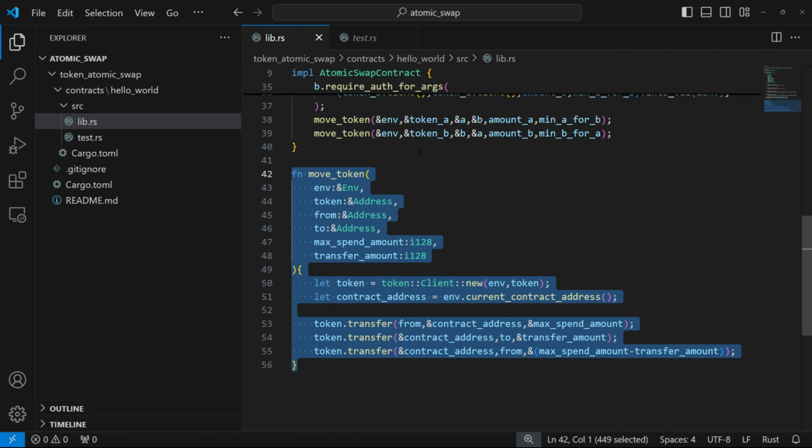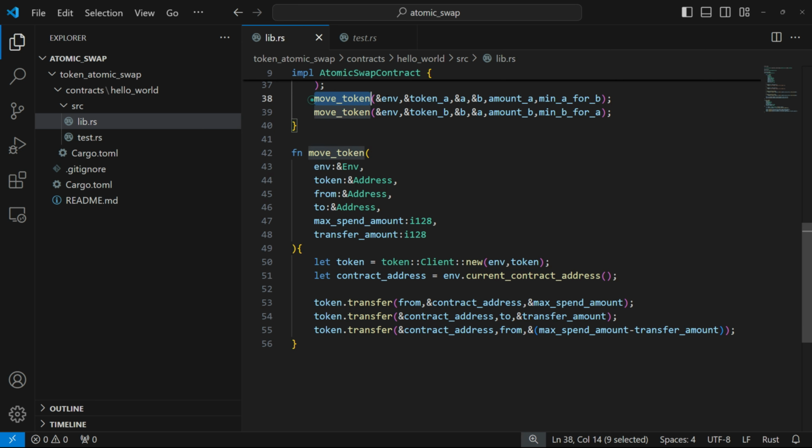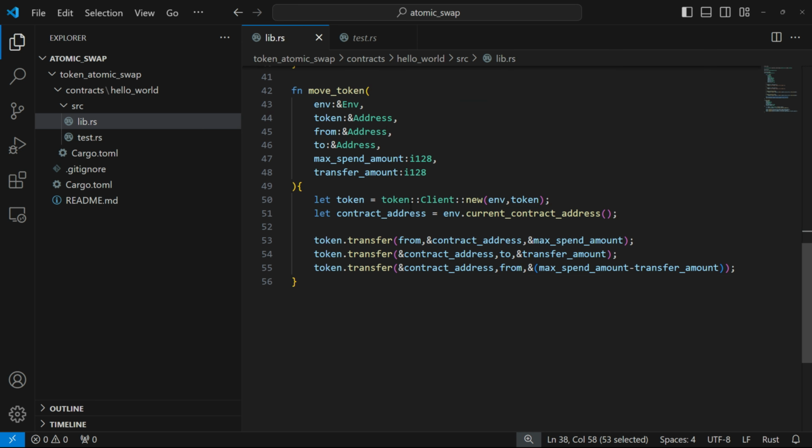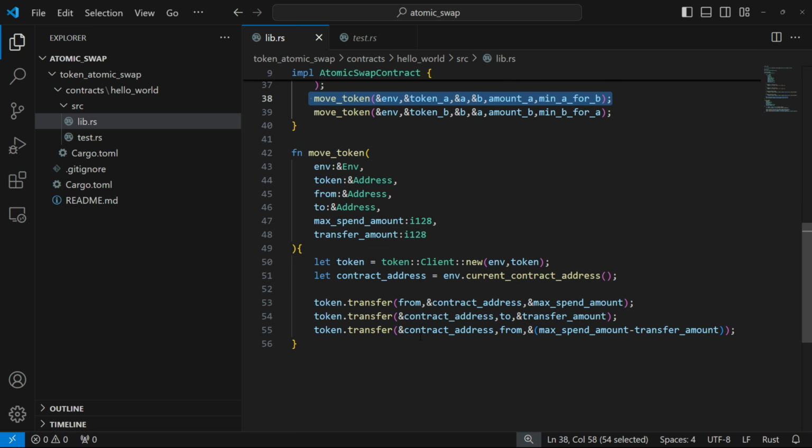So we have seen that this move function is responsible for transferring token, right? Now in the first call, let's say if we are talking about this particular function call, the first time when we are calling this move token. So what we are doing is we are transferring token from, which is actually A, right? In the first scenario, A is the first person, the first person to transfer the tokens. So A is from, and then we are transferring some tokens to the contract address, as you can see,